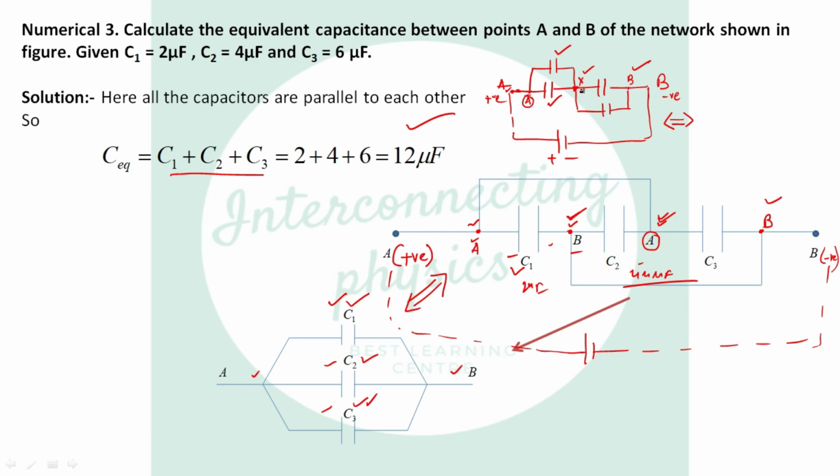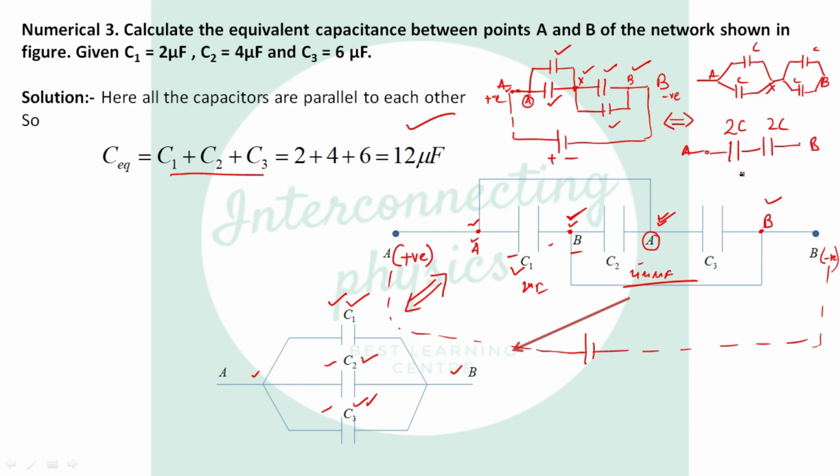Now from A to X, there are two capacitors. This is A, this is X, capacitors 1 and 2. From X to B, again there are two capacitors. Now these two are parallel. If each is C, these two are parallel, so the answer is 2C. These two are also parallel, so the answer is 2C, and the equivalent diagram will be these two in series,